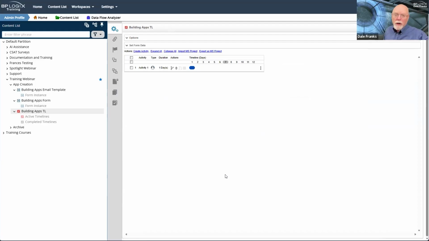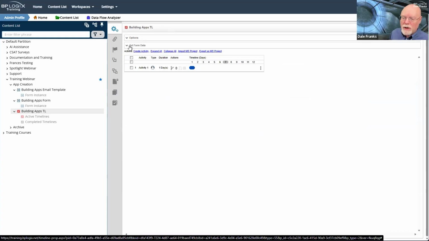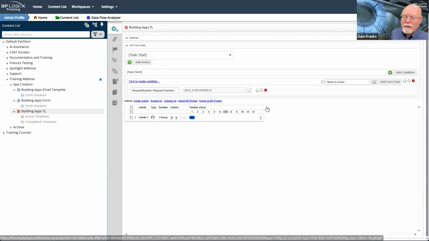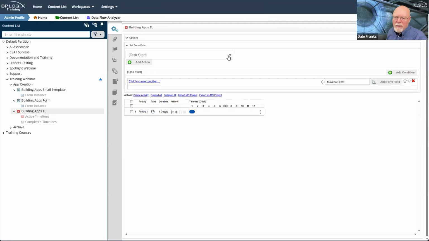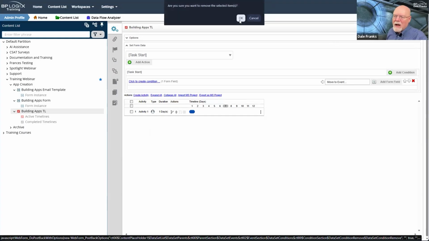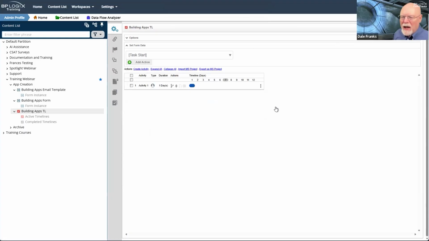Now, if you want to configure it this way and you're happy with that, and especially if it's a practice that you always do and you want to document it that way, that's perfectly fine. I wouldn't argue with you. I don't do it. And the reason I don't do it is because I want to explicitly have that set form data happen as an activity.